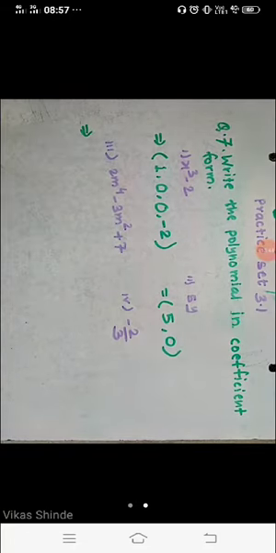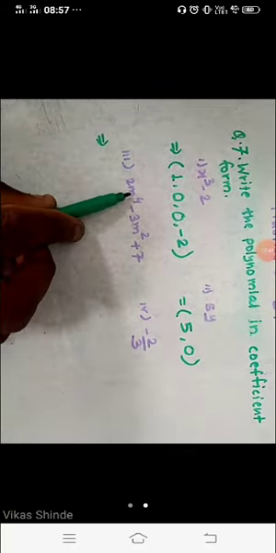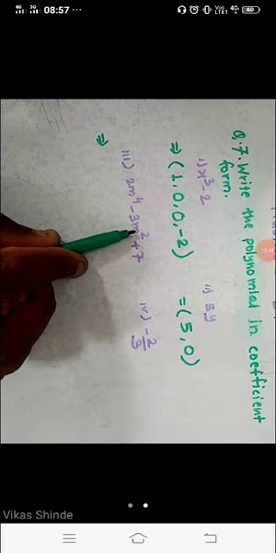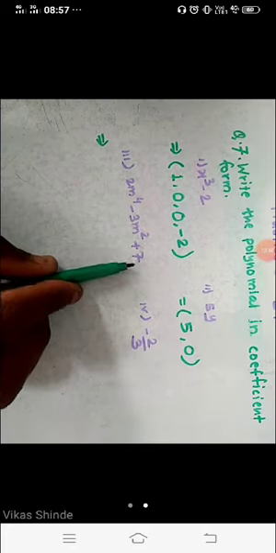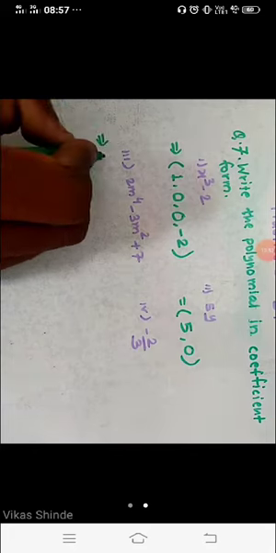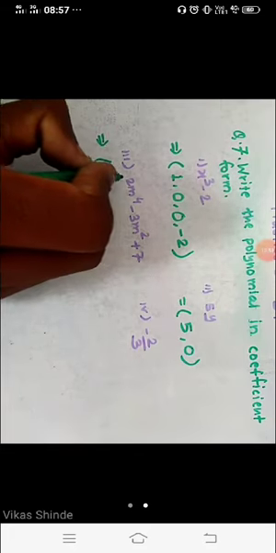Same way we have to write for this one. Look student, here is the 4 index, the third index is not given. This is the second, the first index is not given. This is the 0 index term. Okay, but no problem. Right now the 4 index term coefficient, student, here is 2.